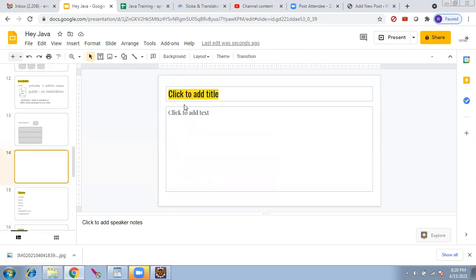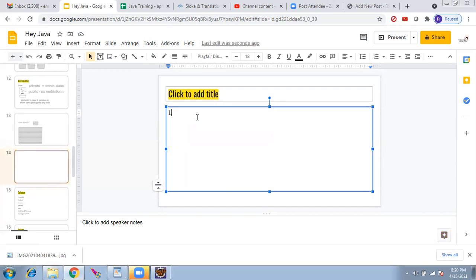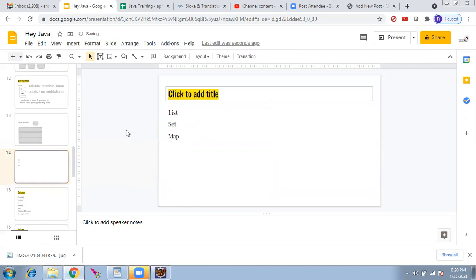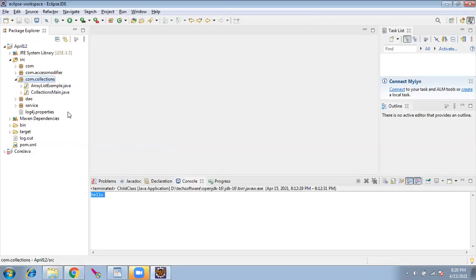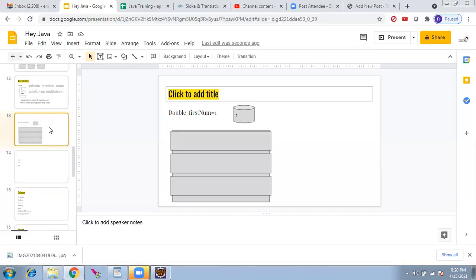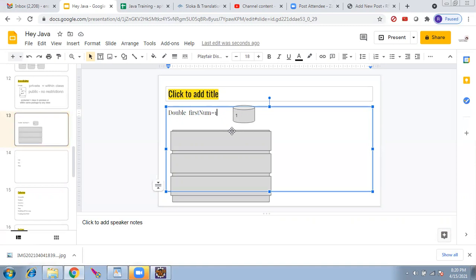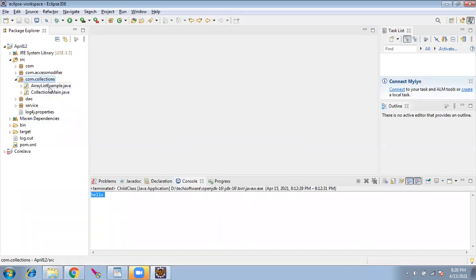So I'll write here. We have a list class and a set class. We have a map class. So these are there to add multiple values and store them. In double, you cannot store more than one value, correct? I can store only one value in the double. Either it should be 1, and if I don't want 1, I have to delete it and put 2. If I want to store 1 also and 2 also, then it becomes an array or array list. We'll take one example and you'll understand.